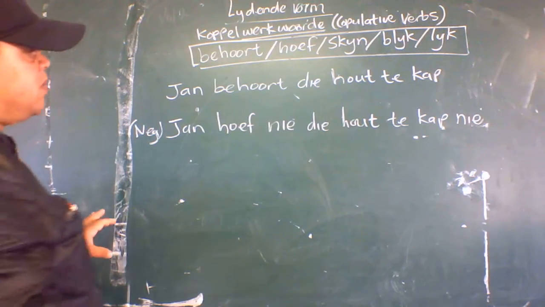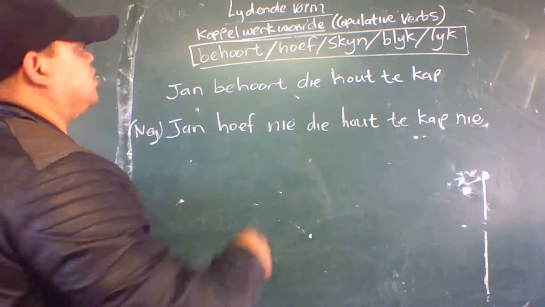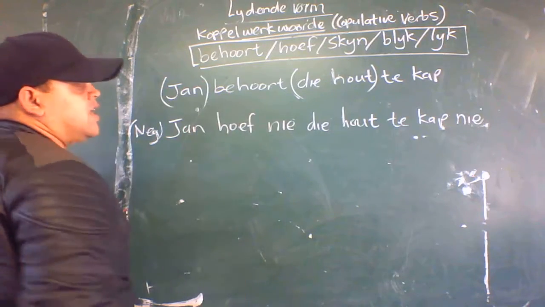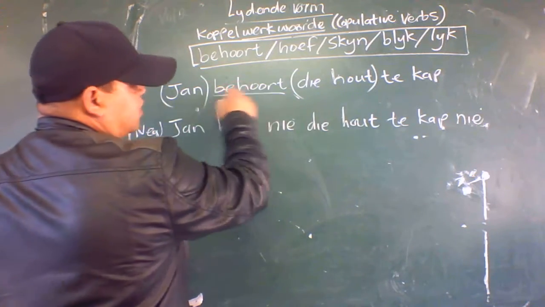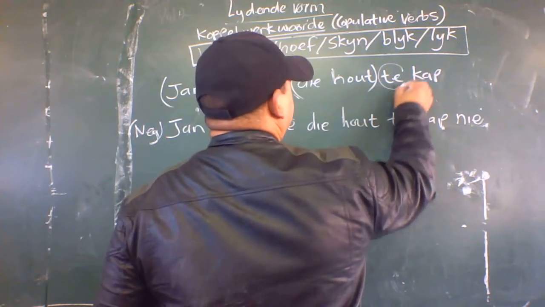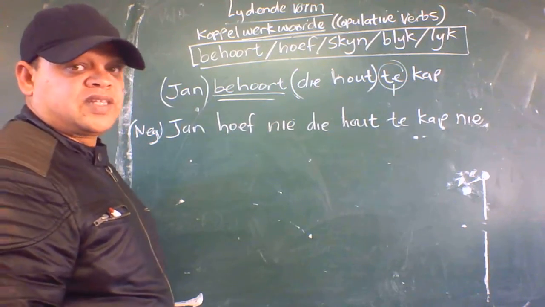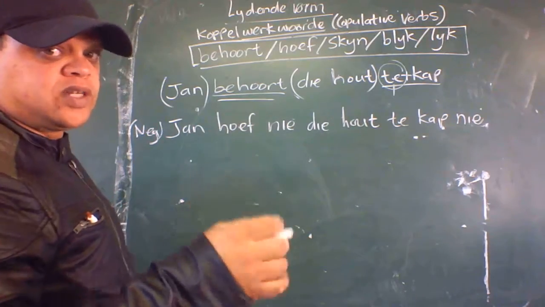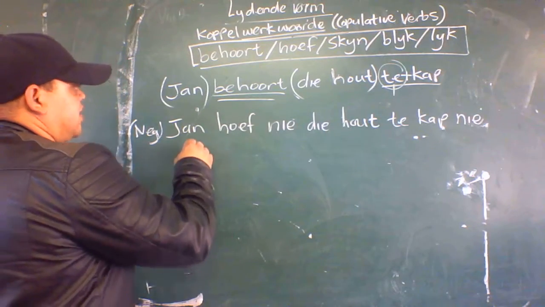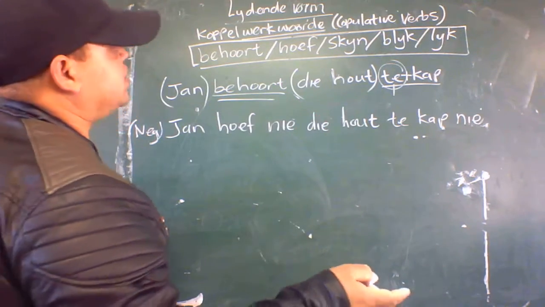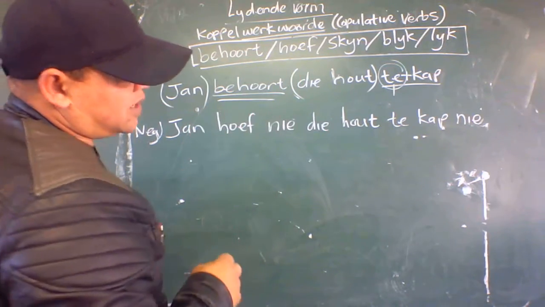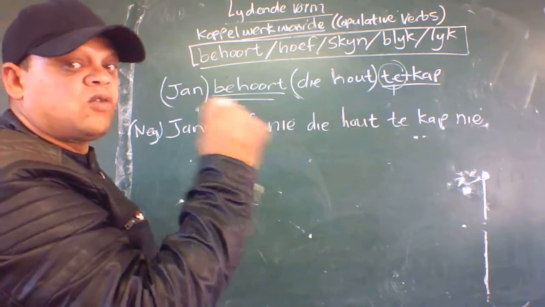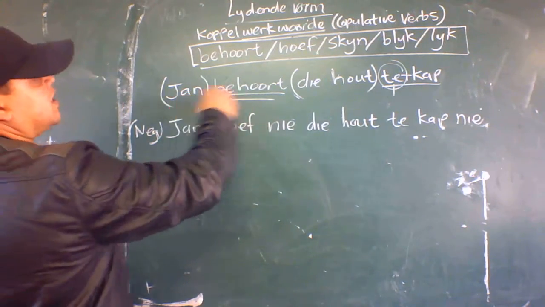Right. Remember, in leidende vorm, we have to start with the object. And who are we talking about? We're talking about Jan. Then when we use the word behoort, it always accompanies, it is connected to your verb right at the end. It's not one word, it's just connected to your verb at the end. So before you get your verb right at the end of the sentence, you will get te right in front. Alright. So we have to start with the object.